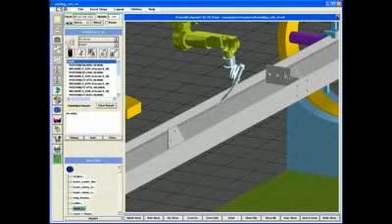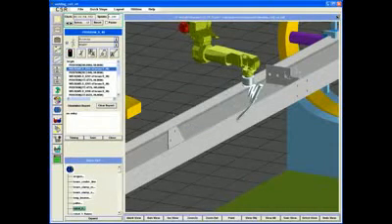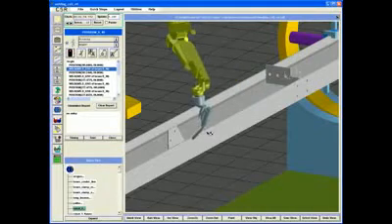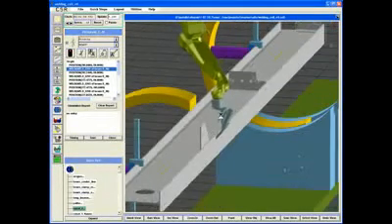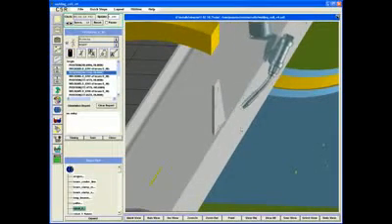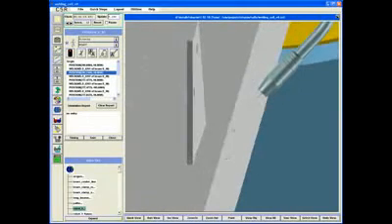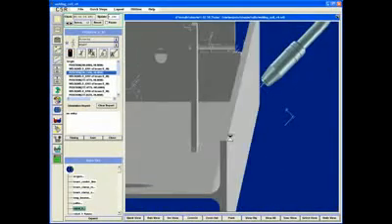So the first thing I'm going to do is place the program in step mode, begin my simulation, and you can see that on the first weld we've got the arc gun colliding with the flange of this beam in order to get to the weld. I'm going to zoom in a little bit more. I've got my hand on the Alt key with my 3-button mouse so I can pan and zoom,